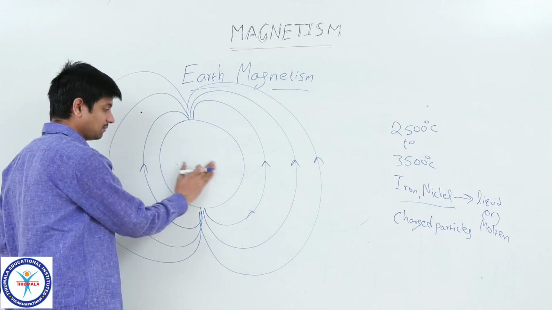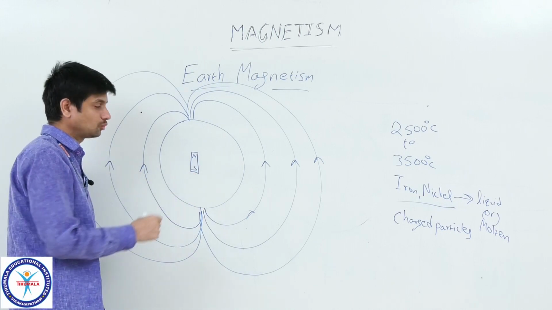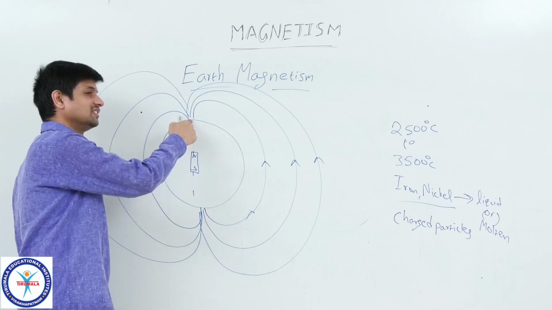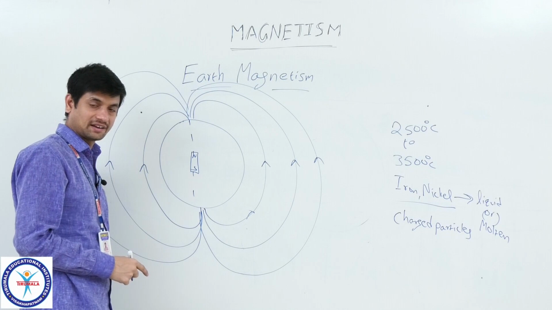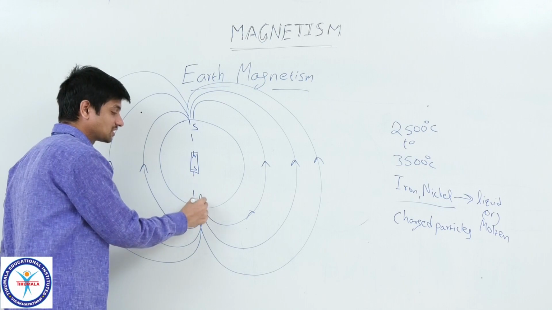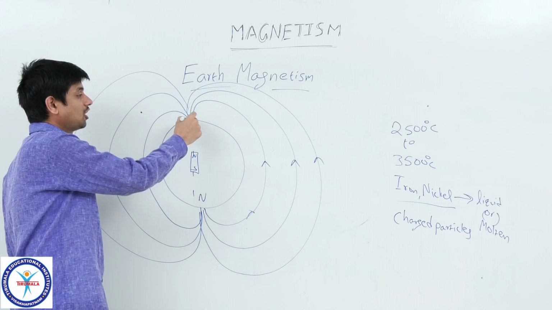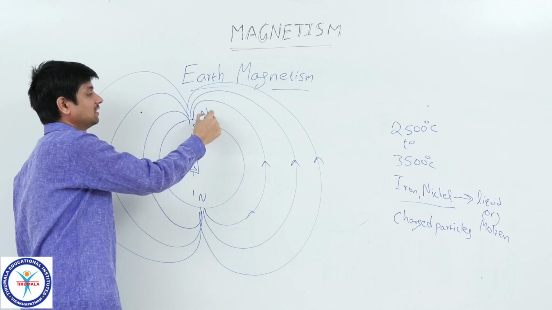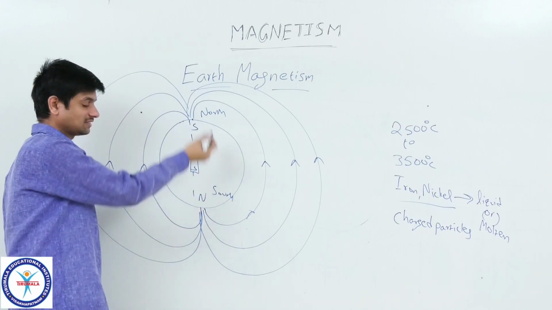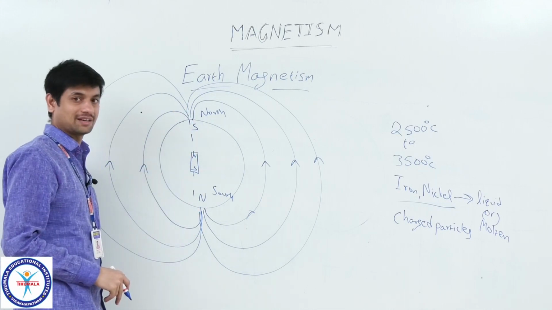But if you kept any bar magnet here, this is the north, this is the south. Due to its direction property, it aligns with this direction. So if this is north, is it north? North will be attracted, will be aligned? No. This must be south. This must be north. But in our social concept, the geometrical pole of this one is called north, and this one is called south. But actual north is at the bottom of the Earth, actual south is at the top of the Earth according to the magnetism.